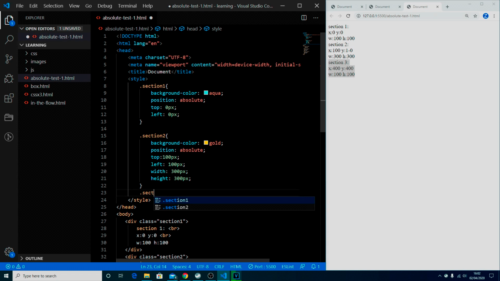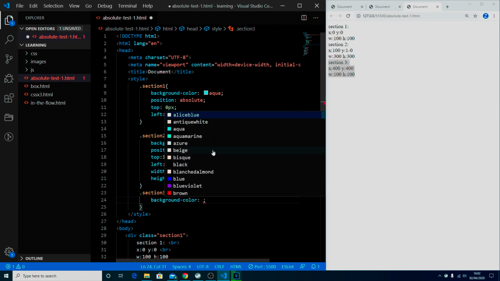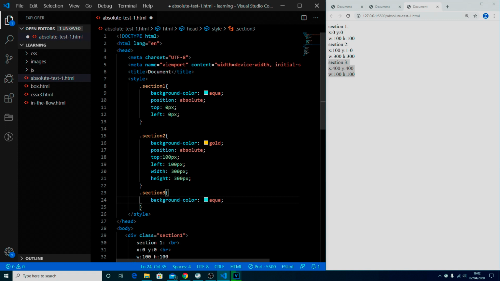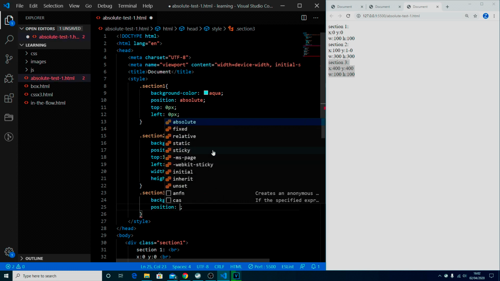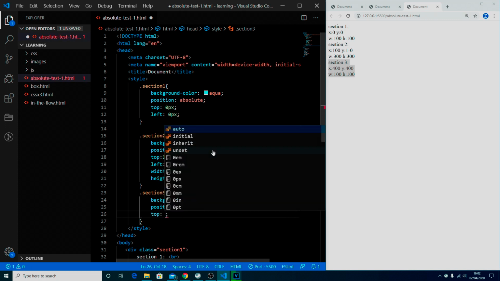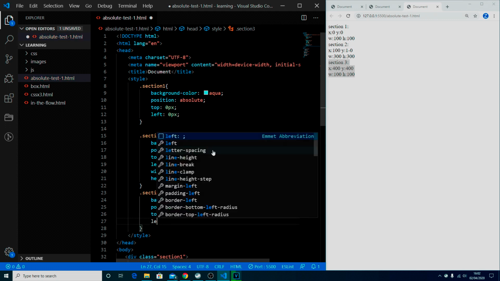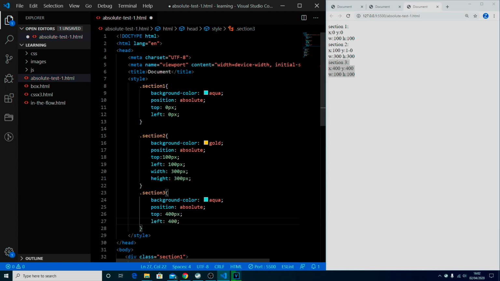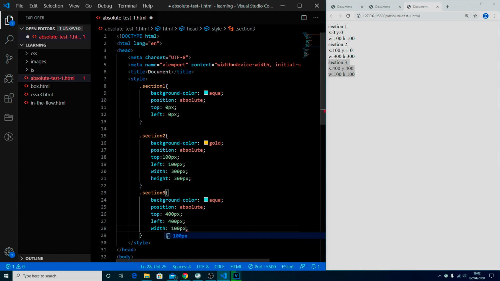So dot, because it's a class, section 3. I'm going to open it up, and again let's do background color, and let's go for aqua because it's the same more or less as the original one, and we're going to do position absolute, and we're going to go for top of 400 pixels and a left of 400 pixels, and then a width of 100 pixels, and of course a